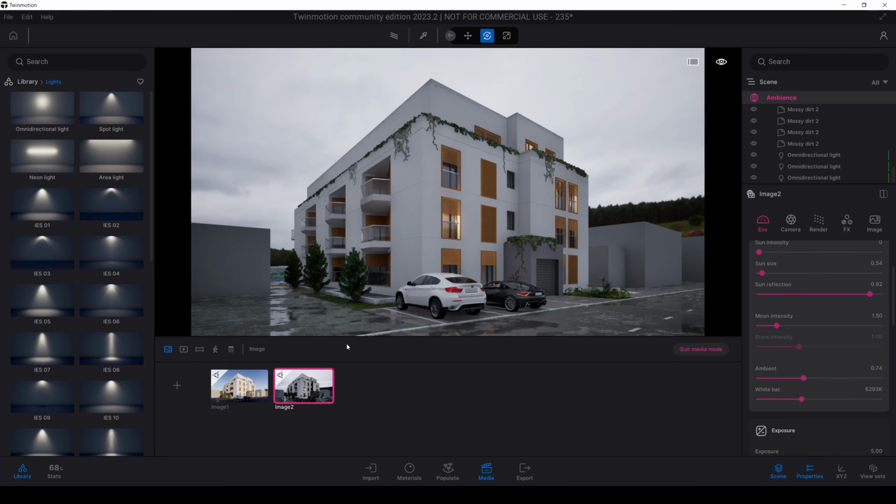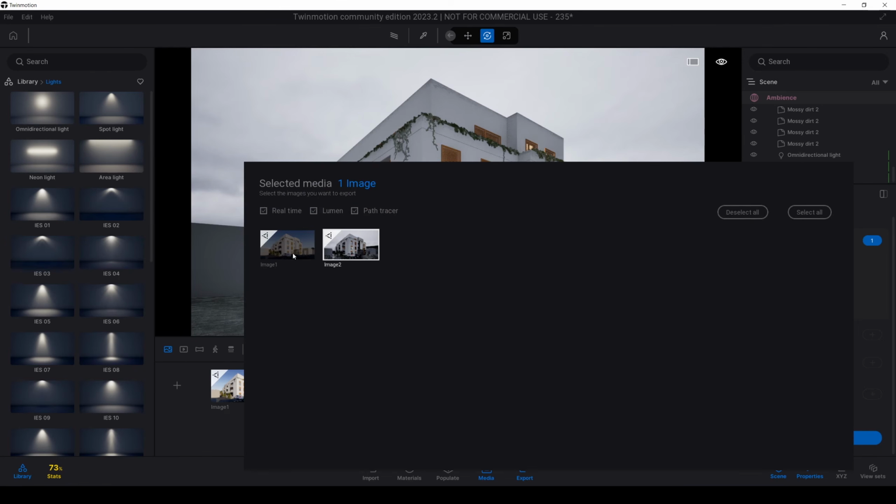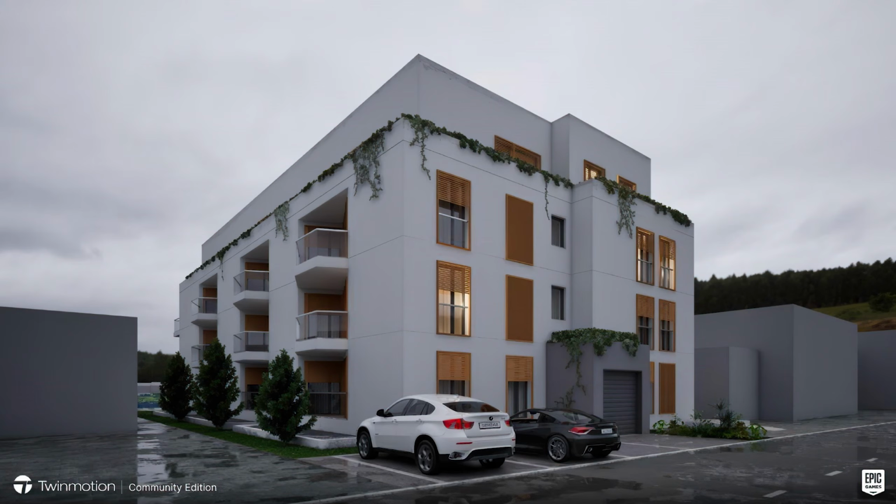There you go. This is how you can create different scenes in Twinmotion. Let's create our render for this overcast scene. And there we have our render.